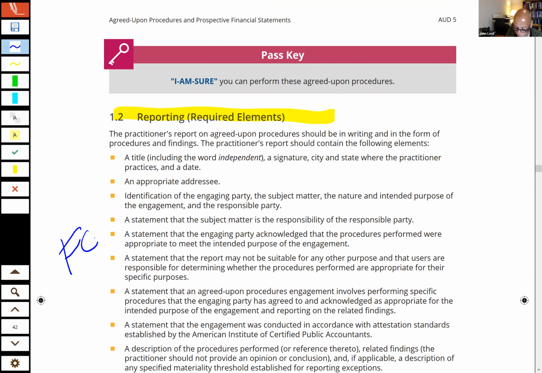Okay, so in my agreed upon procedure report, I will have to make a statement that the sufficiency of the engaging parties